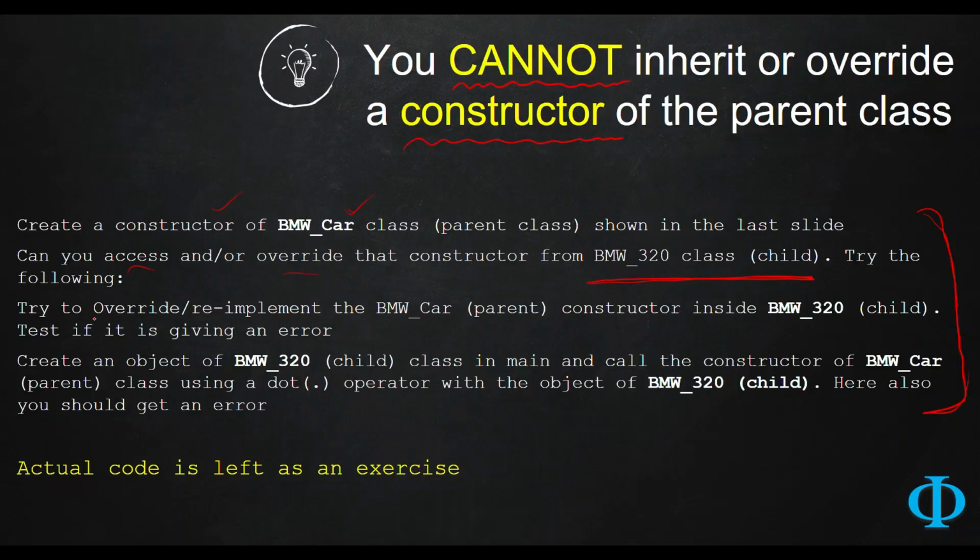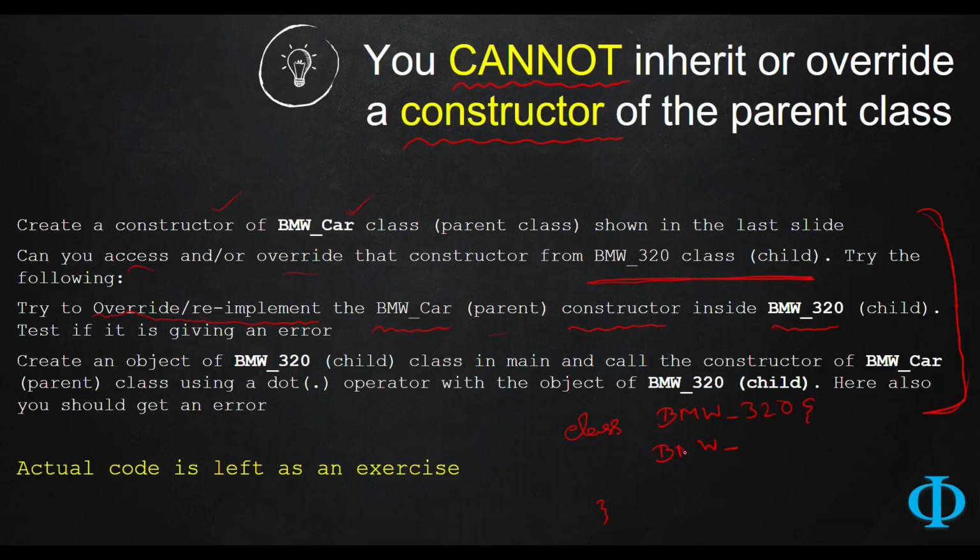First, you can try to override or re-implement the constructor of the parent inside the child, and it will definitely give you an error. So your code may look like this. Let's say this is your BMW_320, and of course there will be a class, and inside this class you are basically trying to override the constructor of BMW car. So it will look something like